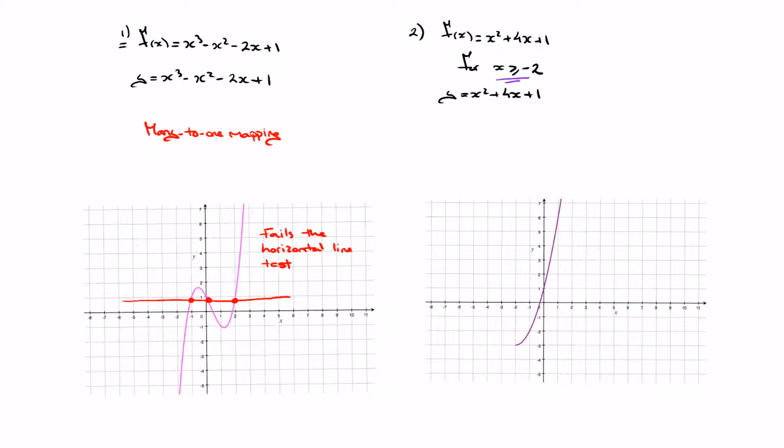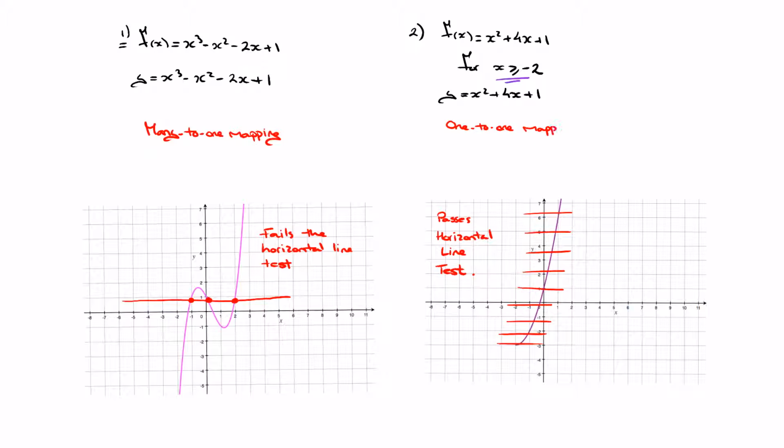Now, in this case, can we draw a horizontal line that cuts this curve more than once? Well, looking at this, it's quite clear that no matter where we draw a horizontal line, that horizontal line only cuts the curve once. And so consequently, this curve passes the horizontal line test. So I'll just write that there, horizontal line test. And in this case, because it passes the horizontal line test, this function is a one-to-one mapping